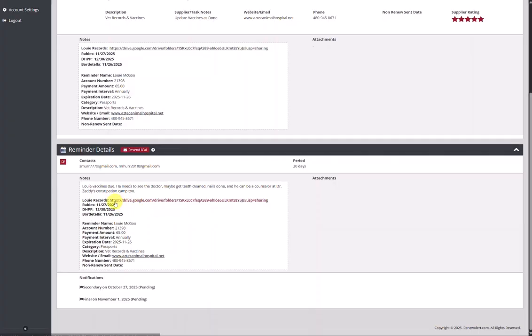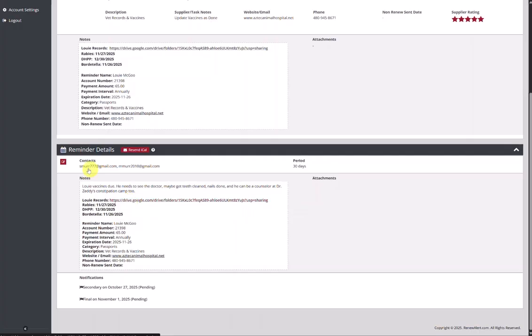And then you have those files dropped in and mapped in each of your reminders, and then you have different permissions so they are secure, but you can also share them with different family members and people in your family if they need it. And the advantage to doing this way of putting the drive here is we just added an extra document for Louie here. And instead of having to go in and find Renew Alert and then go in and update it, you just keep the link here instead. So it's always updated. It always has the most current documents, and it's got more documents on it instead of coming in and trying to upload more and more of them.